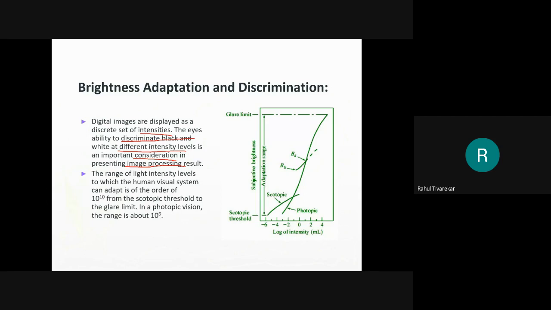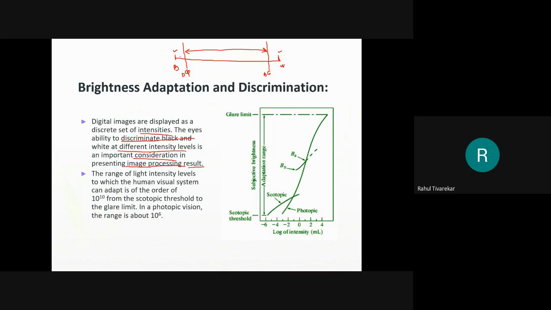matters for the visual results. It varies from person to person. Some may discriminate between pure black and pure white. Suppose this is black color, and this is white color, pure white and pure black. Some may have the ability to look at this black and this white. Some may have the ability to look at this level and this level only. So they have the ability to discriminate between only colors between this gray level and this gray level. This will be a little brighter, this will be a little darker. This is a little darker gray level and this is a little brighter gray level, and they cannot go beyond that